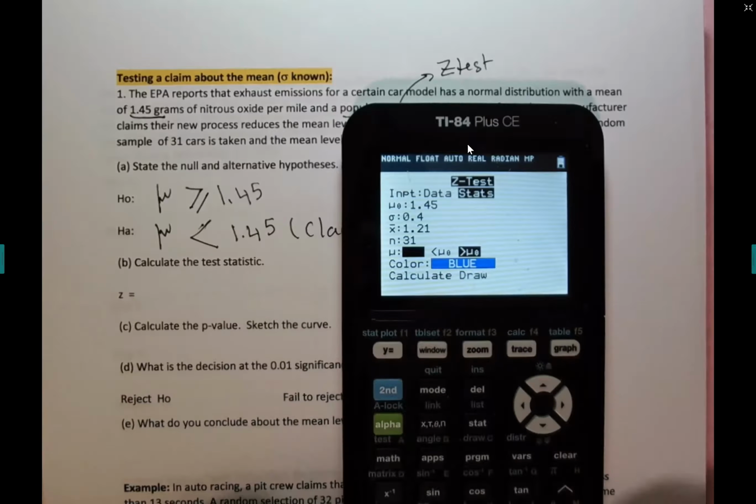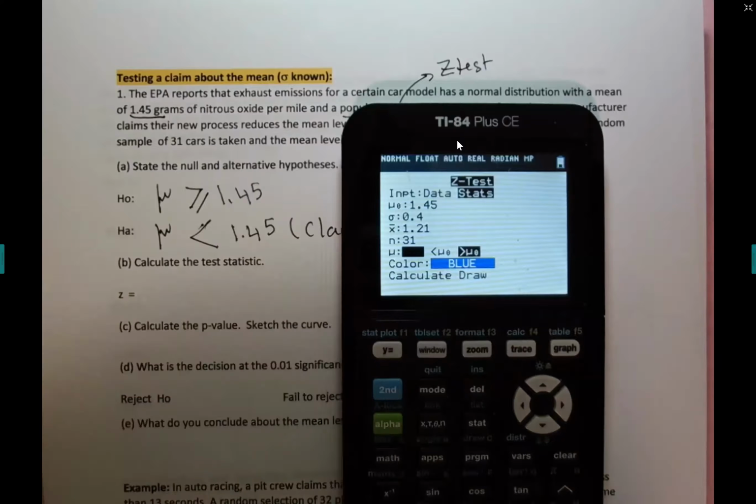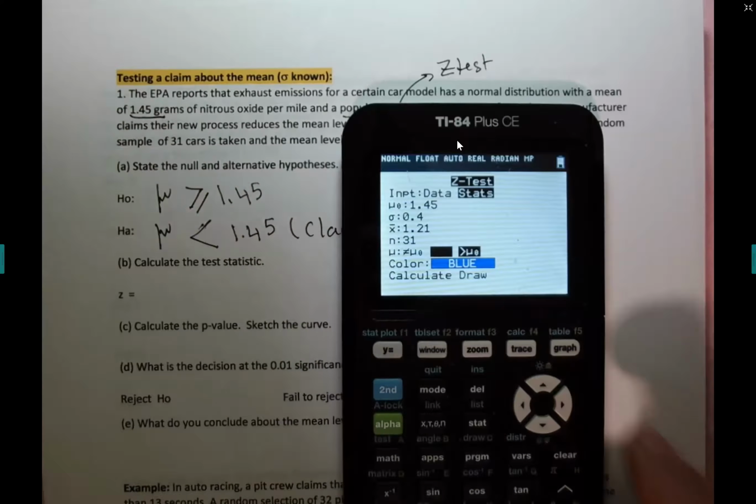Okay. First, second, or third, guys? This is the sign in the alternative hypothesis. I don't care where the claim is. It happened to be in the alternative, that's fine. But that's the sign in the alternative hypothesis. So do I choose the first, middle, or last? Middle. Okay, second, yeah, I agree with you guys. Enter.